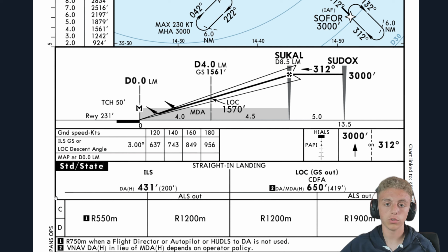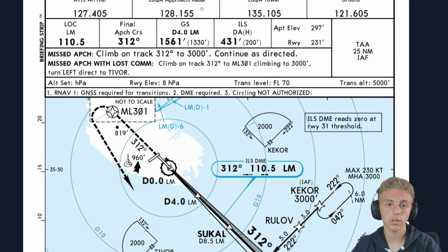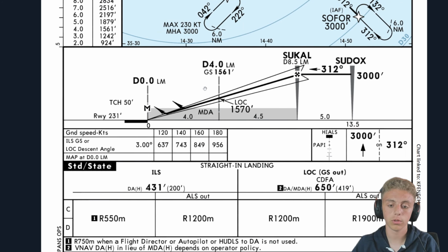Pretty much this is telling you what your minimum descent altitude or your decision altitude is. The difference between them is that the decision altitude is for precision approaches where you have a glide slope. The minimum descent altitude is your minimum altitude when you do not have a precision approach. So, over here on the left side, you have the decision altitude or height. Same thing up here. The same thing up here. Usually this will be split up into category 1, 2, and 3, and you will see that at Heathrow airport. And below it are the RVR minimums